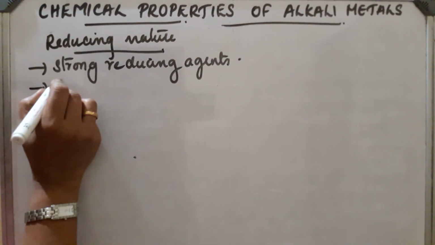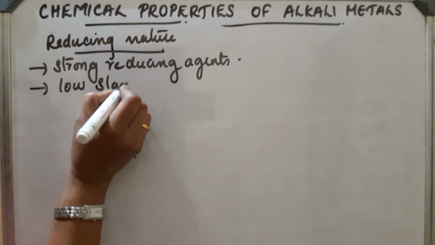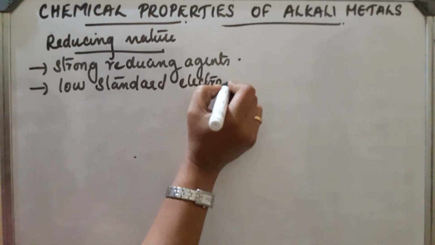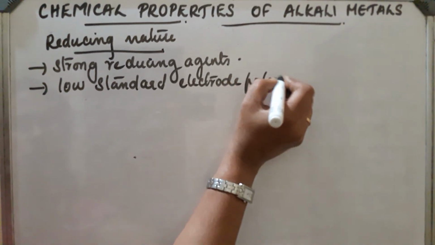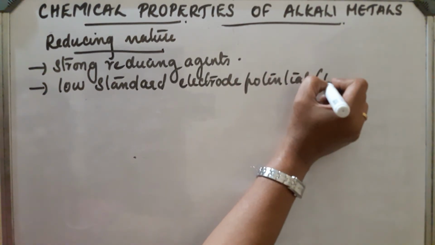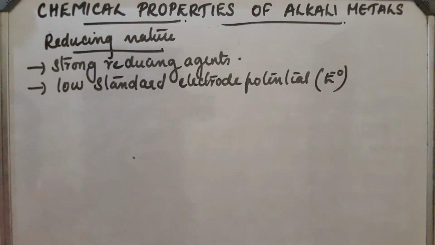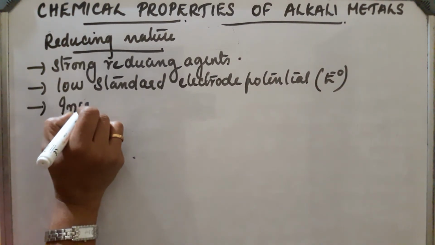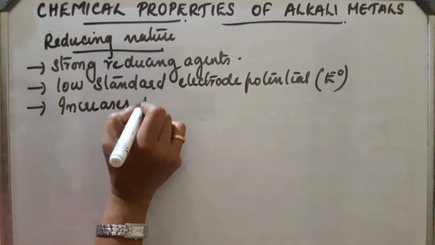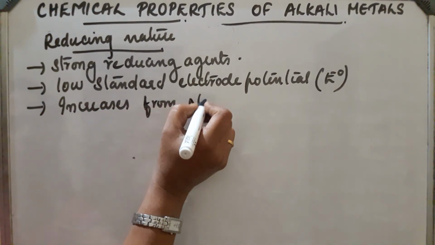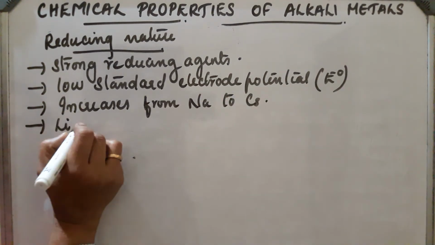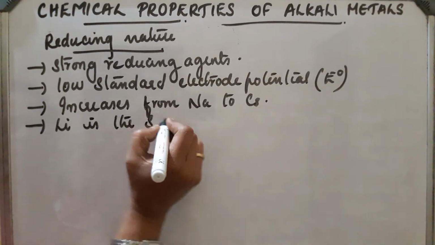Next, they have low standard electrode potential, or their negative E0 value is more. That means they have low standard electrode potential, and their reducing character increases from sodium to cesium. Okay, but lithium is the strongest reducing agent among alkali metals